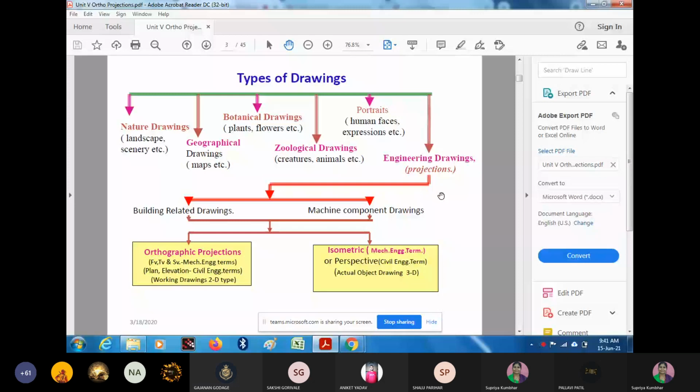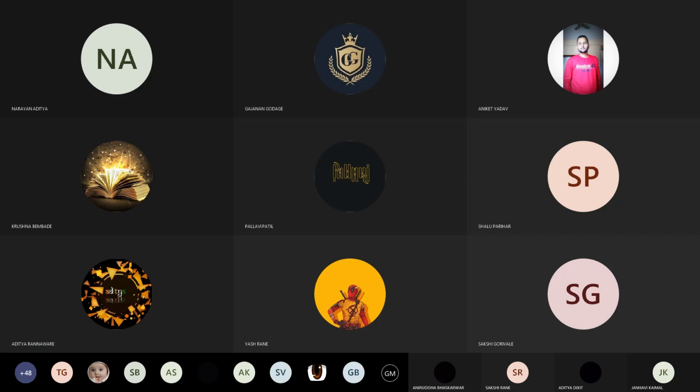The map drawings, botanical drawings, plants, flowers, etc. Then zoological drawings, creatures, animals, etc. Portraits, human faces, expressions will come under that type, and engineering drawing. Actually, engineering drawing has two main types. First is orthographic projections and another is